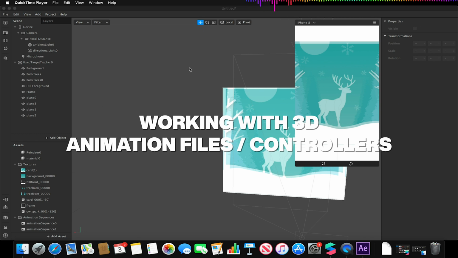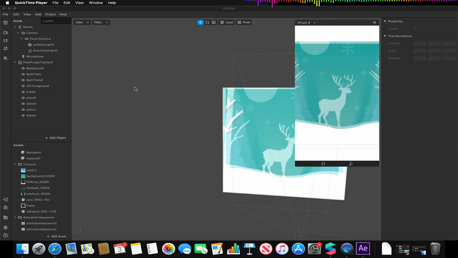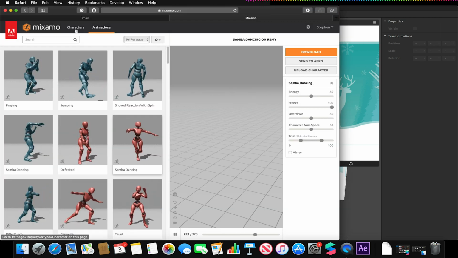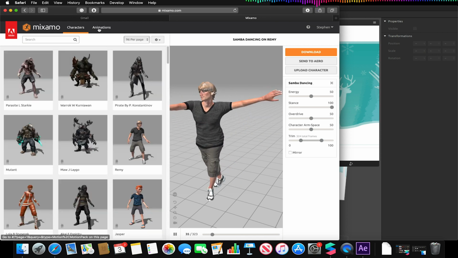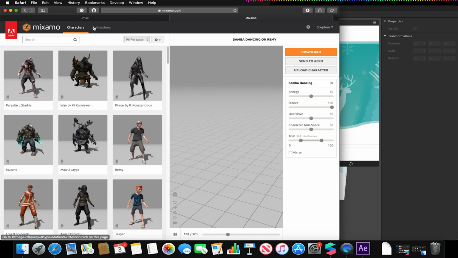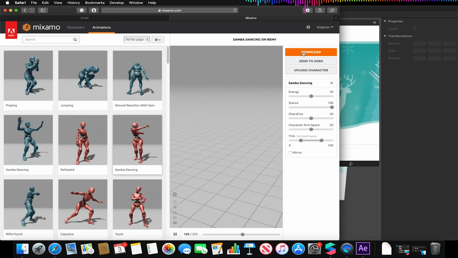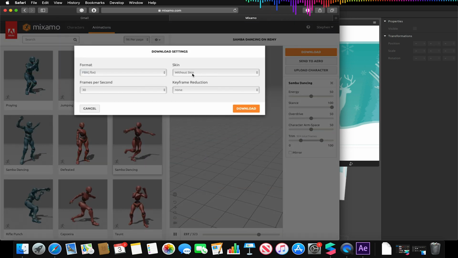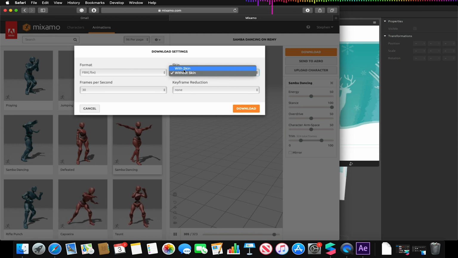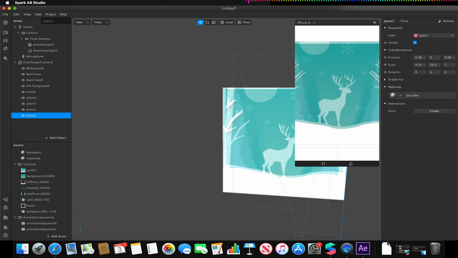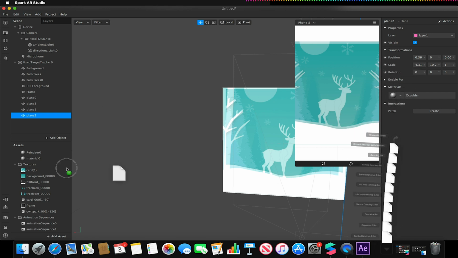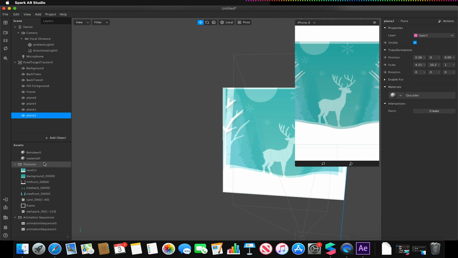Another thing we could do is work with 3D models and animation assets. For this I'm just going to go to Mixamo, choose a character from its library, apply the animation and download it to my machine. So I've already gone to download, and I'd import my first one with the skin and then any of the animations I want to associate with it. So I've downloaded those onto my machine now. I'm just going to import my character into my scene,